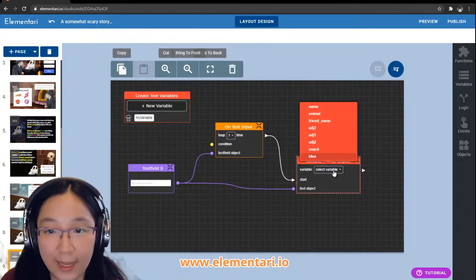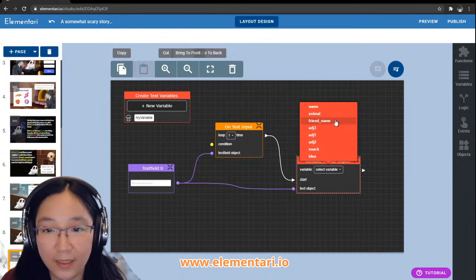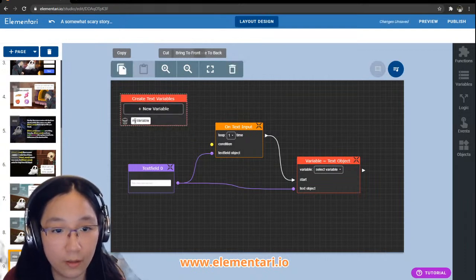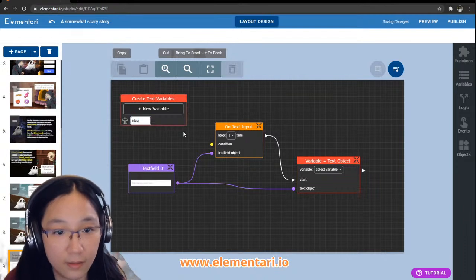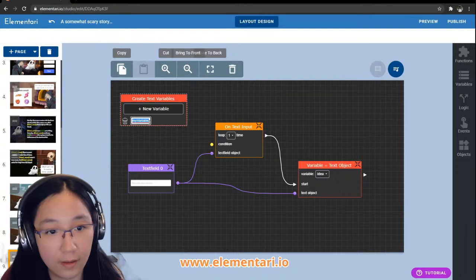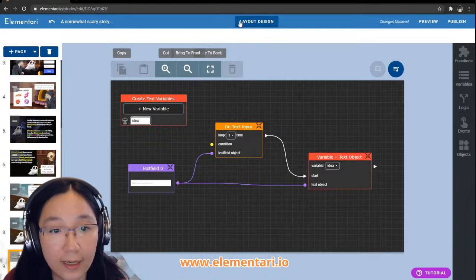Okay, and then we want to select the variable. So which variable do I put? I have a lot. I put friend name. No, friend name is already taken. Otherwise, this is going to be a new one. So we created one. I don't know what happened to it. It disappeared somewhere. Idea. So it's going to actually be idea. But I don't know why it's resetting. Why are you resetting, my friend? There we go. So idea.